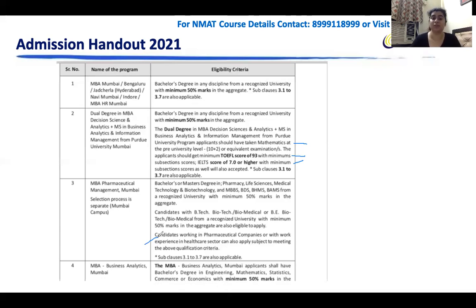All right. So this is your eligibility criteria and the steps to follow, and make sure you fill in your NMIMS form thoroughly. Just a quick reminder, this will be step 2. Step 1 will be filling the NMAT by GMAC form. Once you're done with these 2 steps, the third and most important step for all of you is to make sure you prepare well for your NMAT and get a good score.